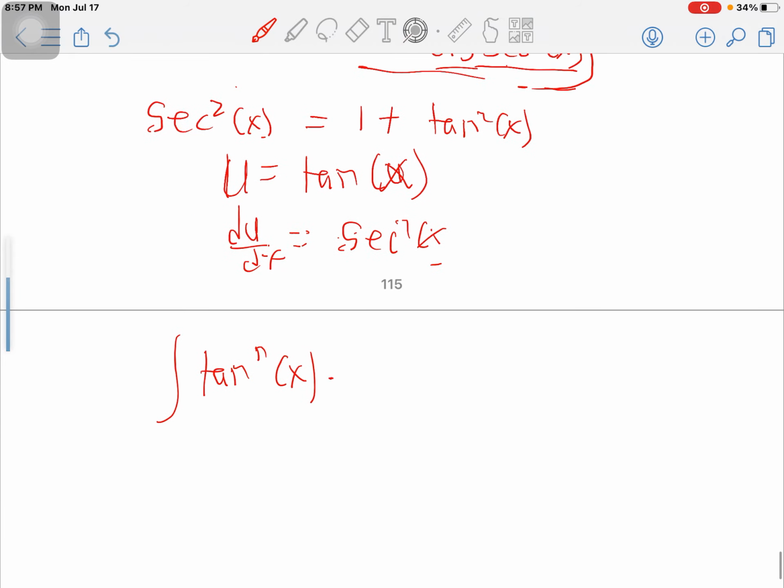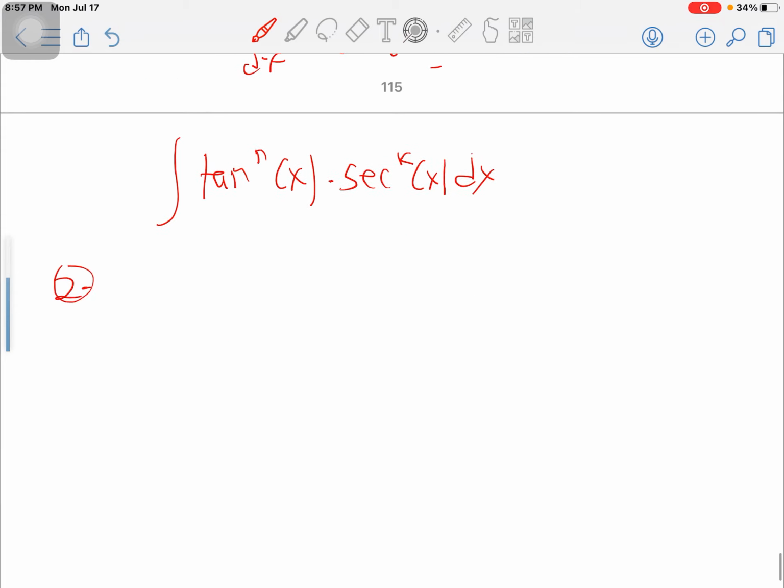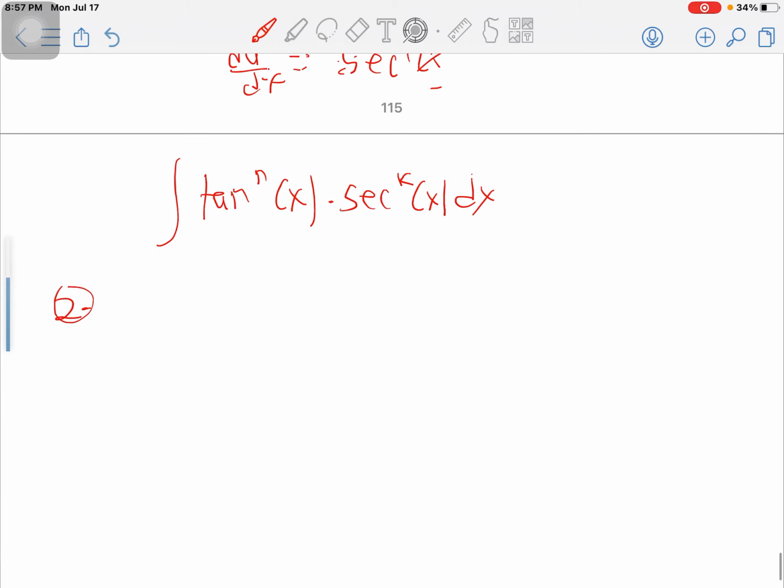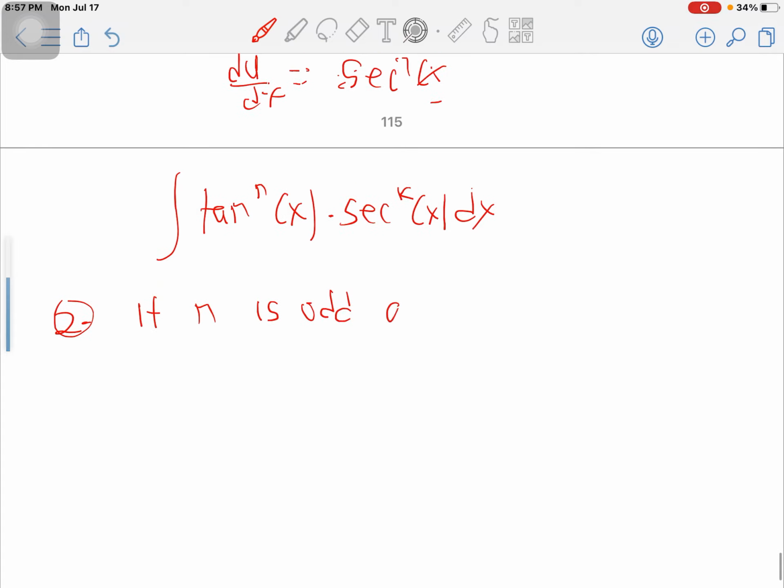That's the integral of tan to the power n of x, sec to the power k of x dx. So looking at this, the second strategy tells us that if the value of n is odd, and k is greater or equal to 1,